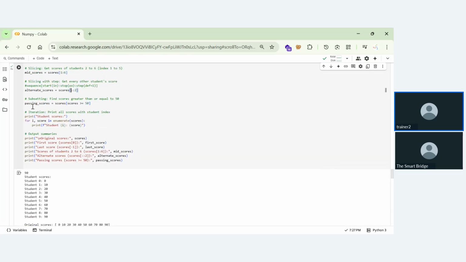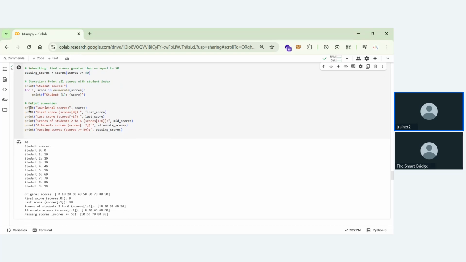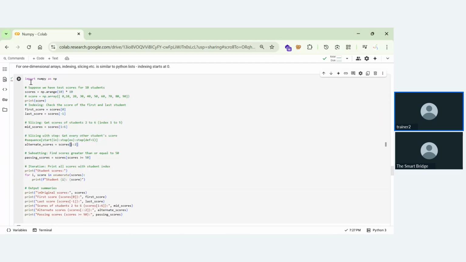So if you look at the passing score, this is a mathematical operation. Passing scores, scores greater than or equal to 50. So in the scores, if the scores are greater than 50, we're having these passing scores. If you look at the print statements, these print statements are nothing but the function which I have discussed above. This is the import we are doing. Scores, let me just